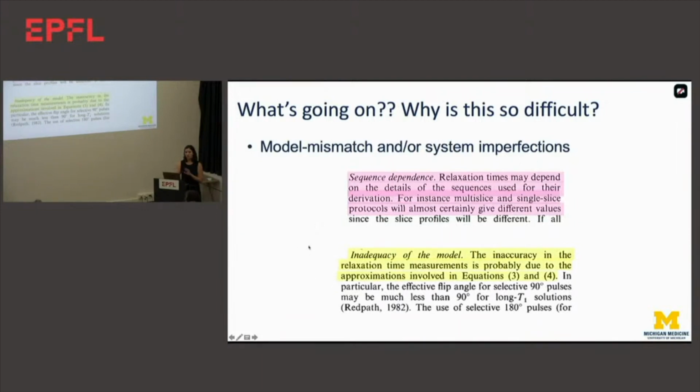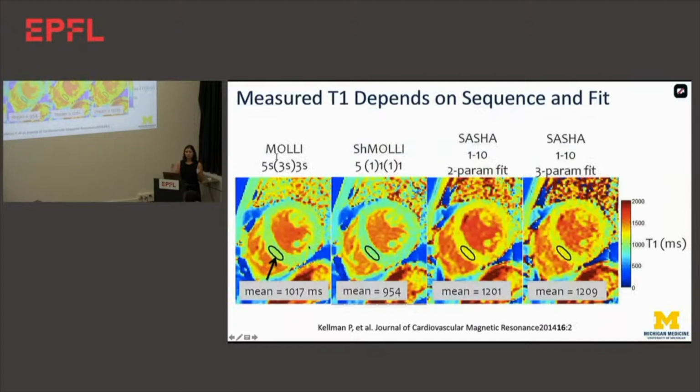So this is completely well known. Going back to our cardiac T1 mapping, we see that we have this problem. This is part of the issue. What I'm showing here is work by Peter Kellman. This is one healthy subject who has been scanned in order to generate a T1 map using 3 different